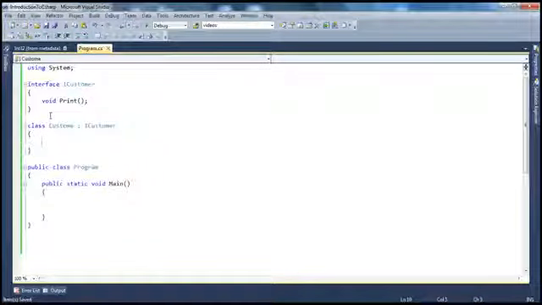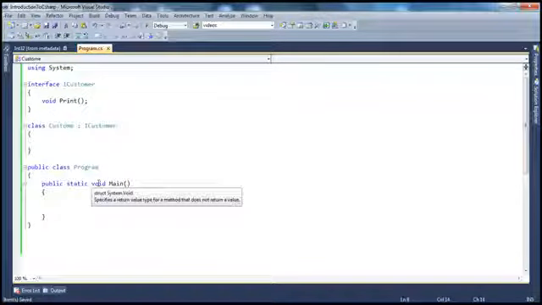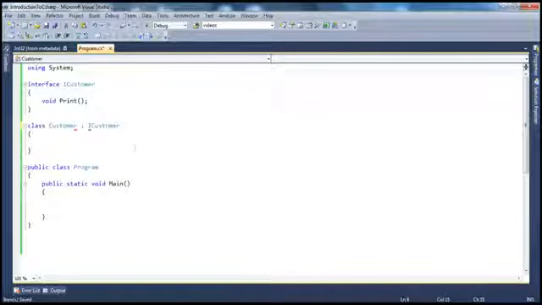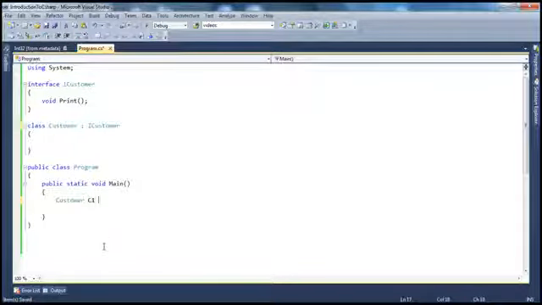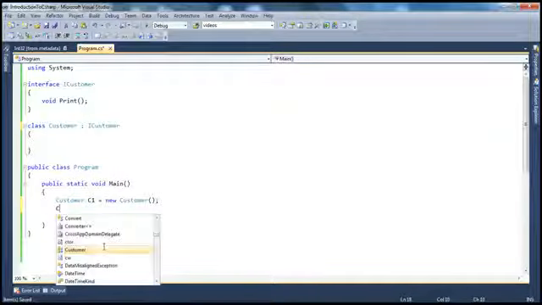So now this Customer class is actually implementing this ICustomer interface. Now when a class inherits an interface, that class has to provide implementation for this interface member. Otherwise, look at this, if it doesn't provide implementation and if somebody says Customer C1 is equal to new Customer, and then when I say C1.print,